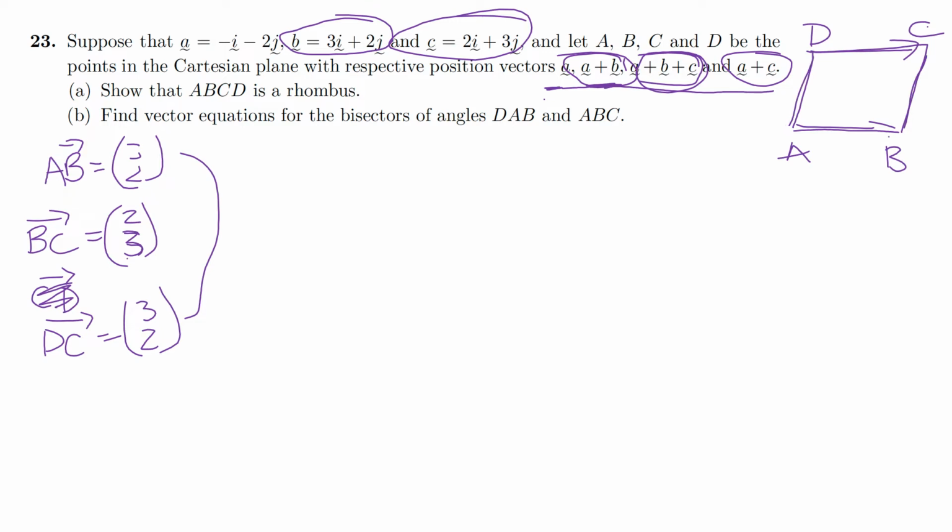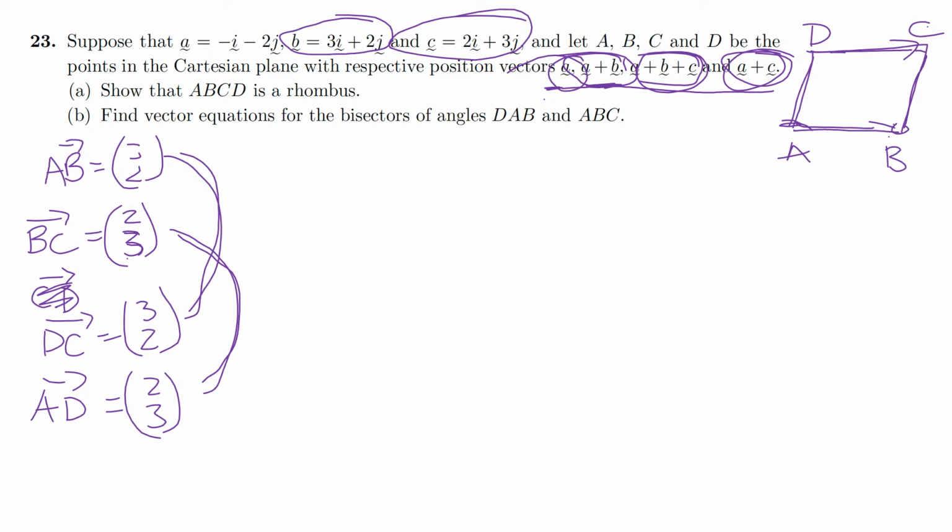So now I want AD. So AD, of course you would do the working. Take D and subtract A and you just get C, and so we already know C is 2, 3. So what we can say is, look, these two vectors are exactly the same vectors, joined by these points, and these two are the same vectors. Therefore, at the moment, we've got two pairs of